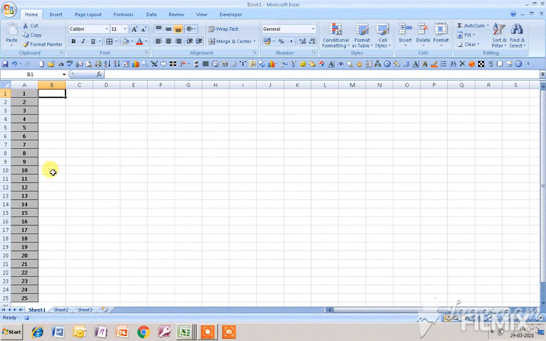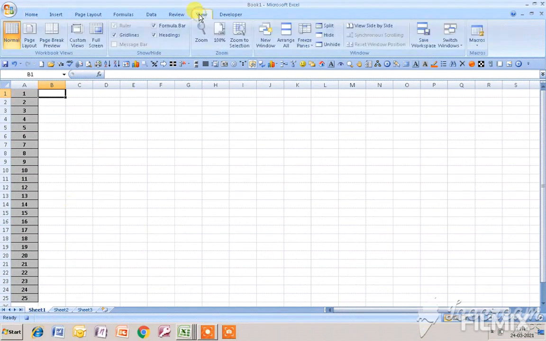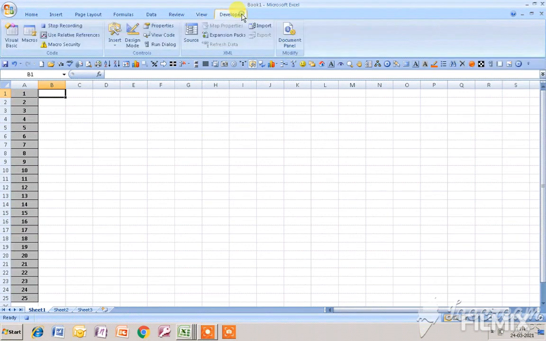Now I would like to stop the macro. To stop the macro, there are 3 easy ways to stop a macro. You can stop a macro from here. Okay, and second way, you can stop a macro by going to the View tab. You can stop it from here. You can see Stop Recording. And third way, you can stop a macro from here. Okay, I am stopping it from here.